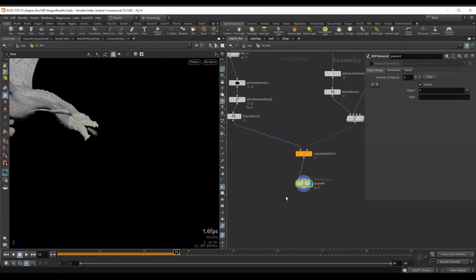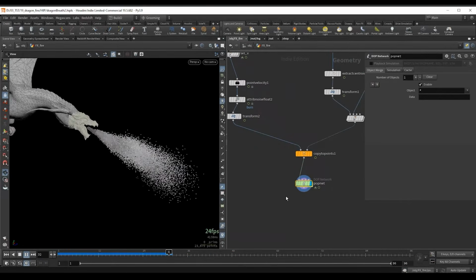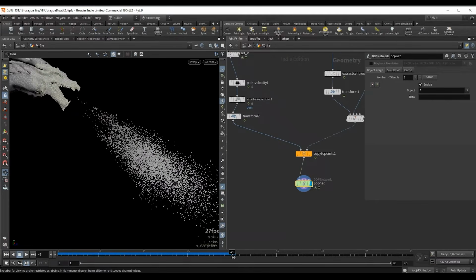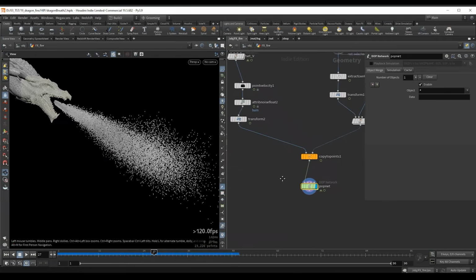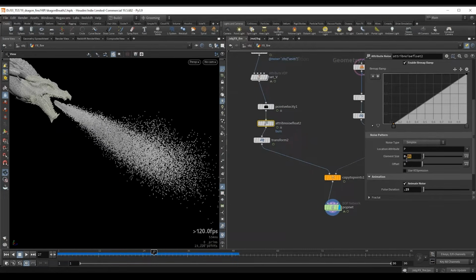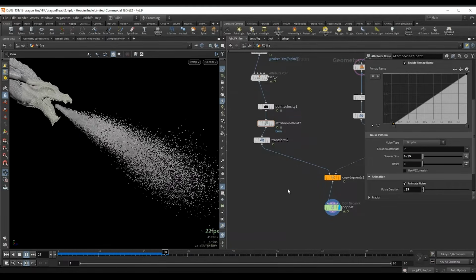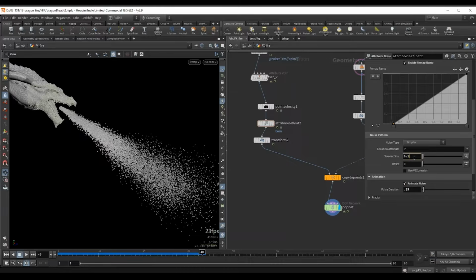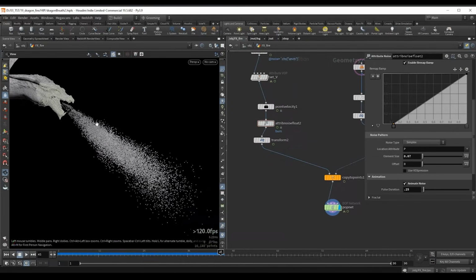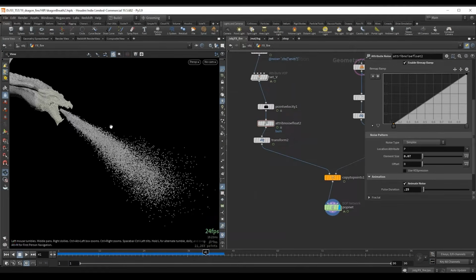And now if I preview the simulation with the popnet, we can see that this burn attribute that we created is going to stick with the movement of the particles. And I can also tell that probably this element size for the noise needs to be even smaller. So I'll set this to 0.15 and let's take a look. Maybe we can go even further. Let's try 0.07. Let's press play. All right, so I think this will offer us plenty of variation for our burn.